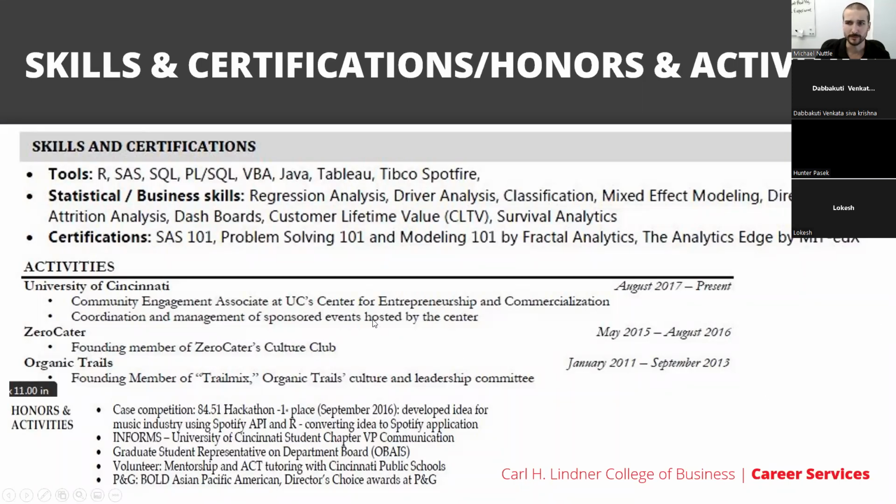Other things that you can include are activities, community engagement, things like that. Whatever you want to call it is entirely up to you. Sometimes I'll see people call it community and campus engagement, or community engagement and leadership opportunities. Whatever that is, there's a place for it on your resume. Again, this isn't going to be your whole resume. It's an opportunity to show a fuller picture of who you are without straight up listing what you're interested in. And so this can be strategic.